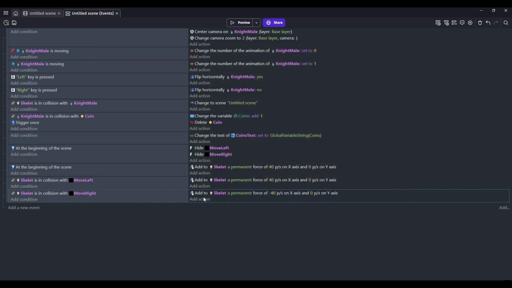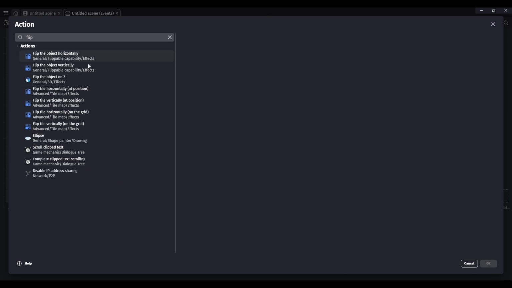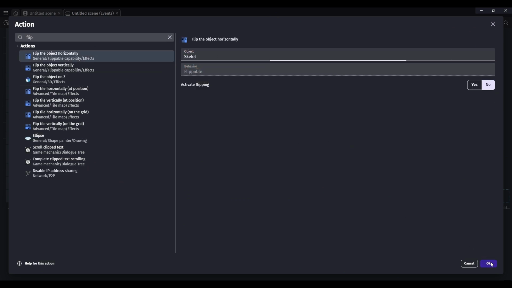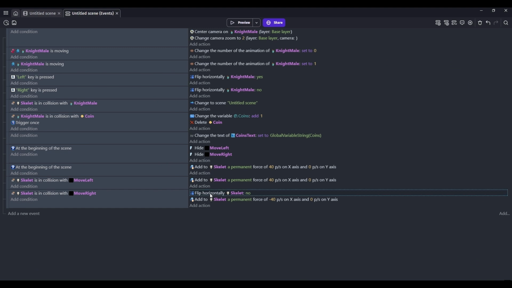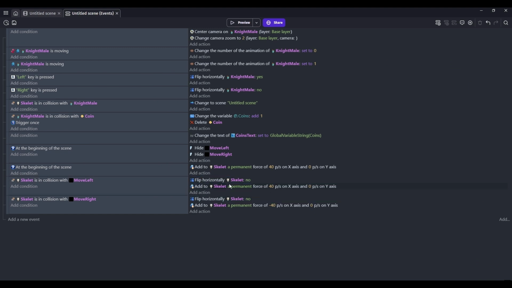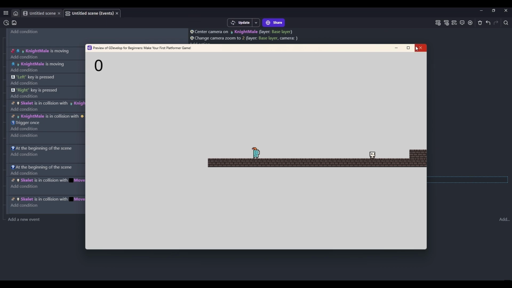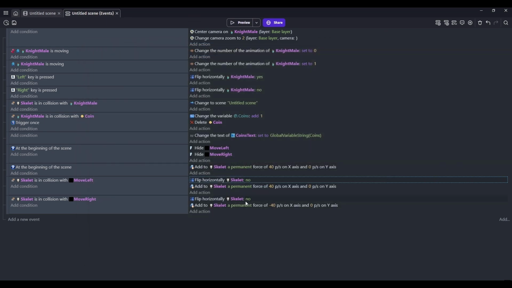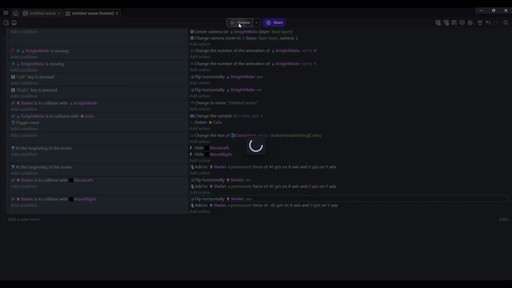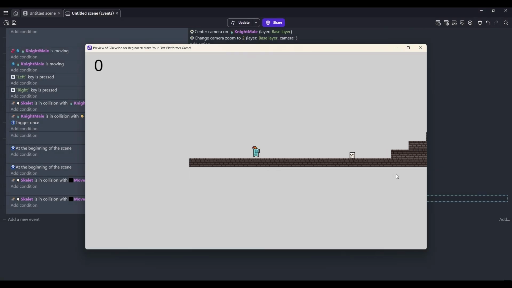So we want to add the flip horizontally, flip the skeleton, and then we'll duplicate that. We'll just try this. That's backwards. Okay, there we go. Now we have an enemy that walks back and forth, and you have to try and